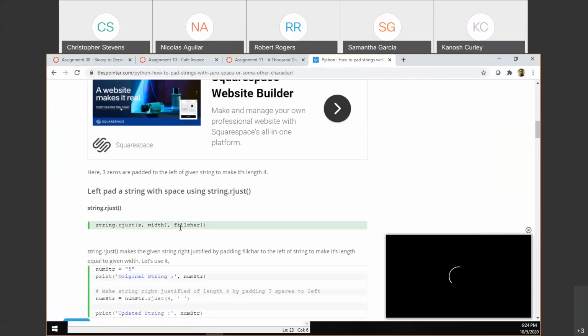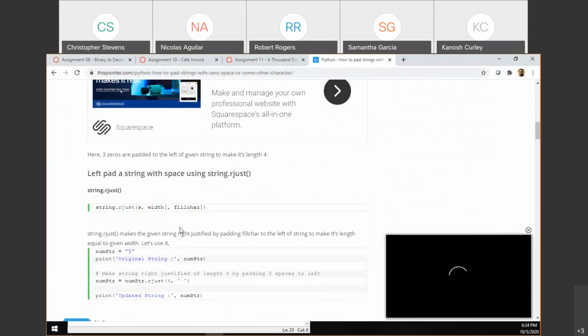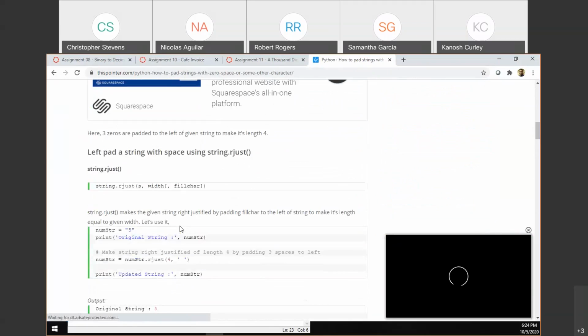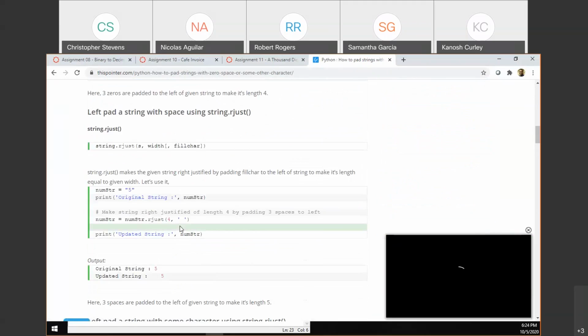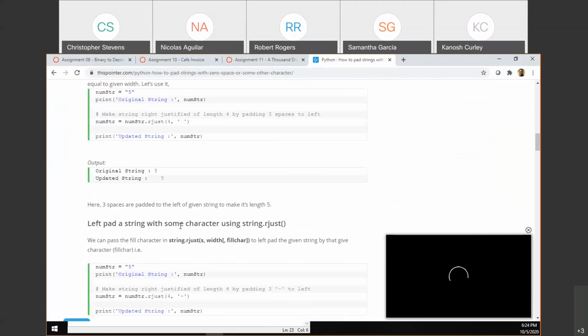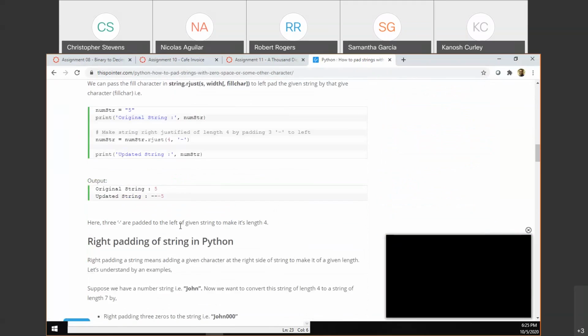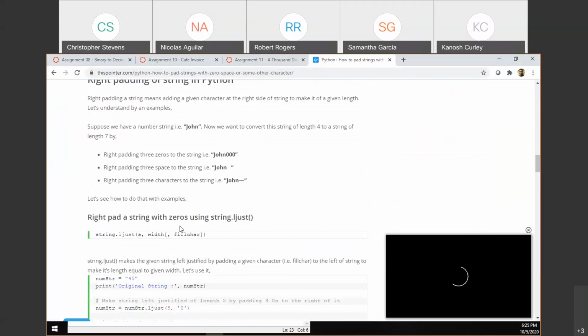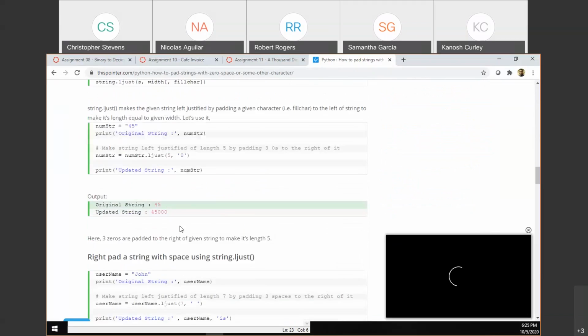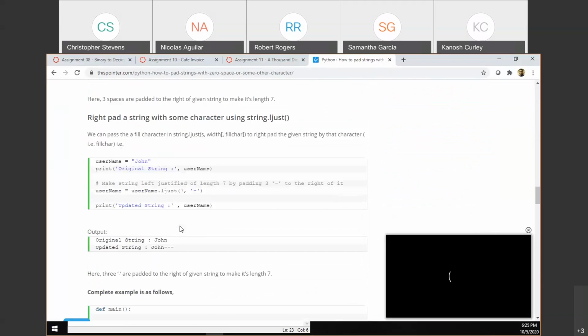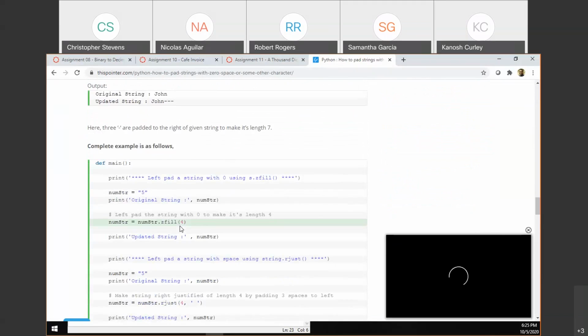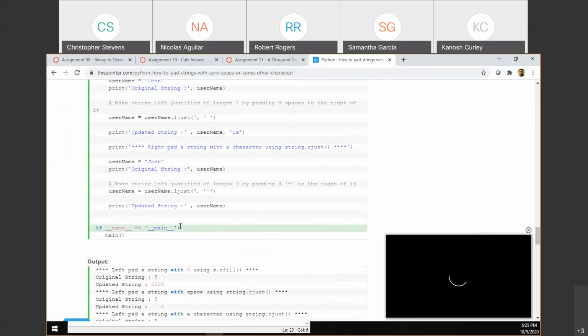There's a right justify. There's also a left justify too. The only reason I did this is just so you could see that if you're not sure